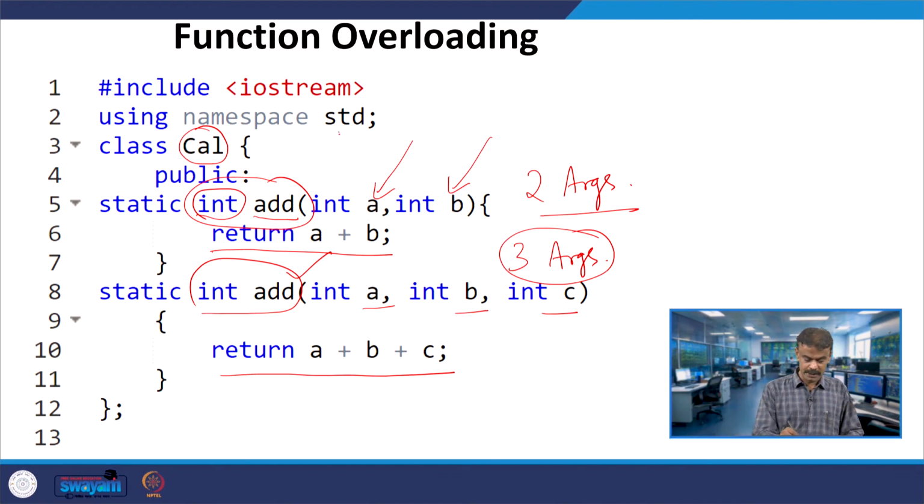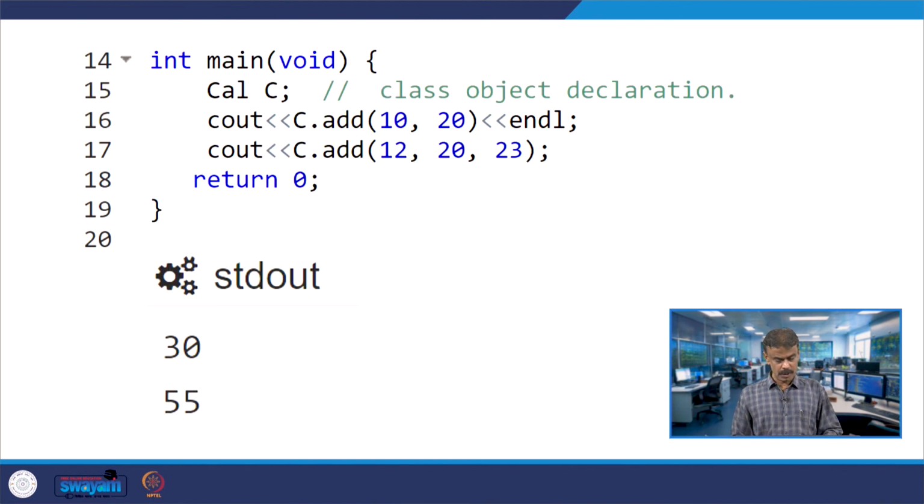But the beauty over here is both have the same name. One is returning a plus b, that means the sum of 2 numbers, another is returning the sum of 3 numbers. Now when you go to the main program, you have an object called c whose class is cal.